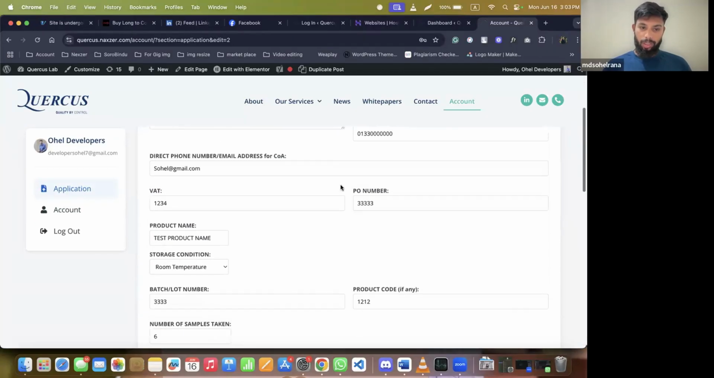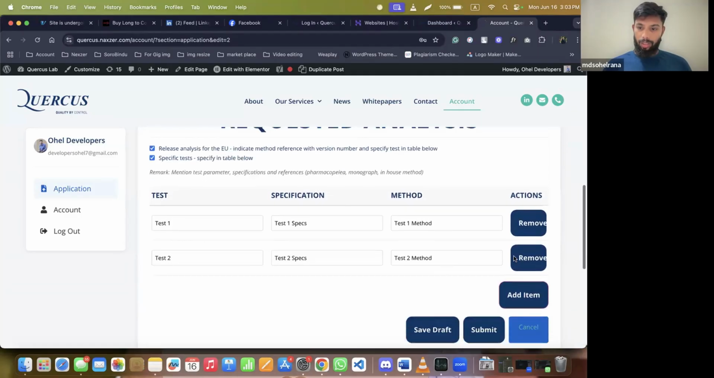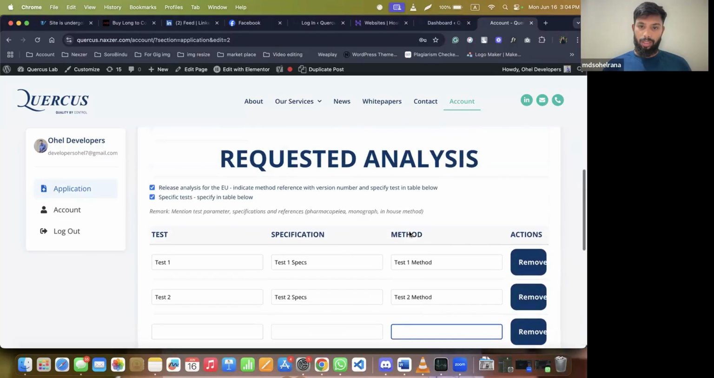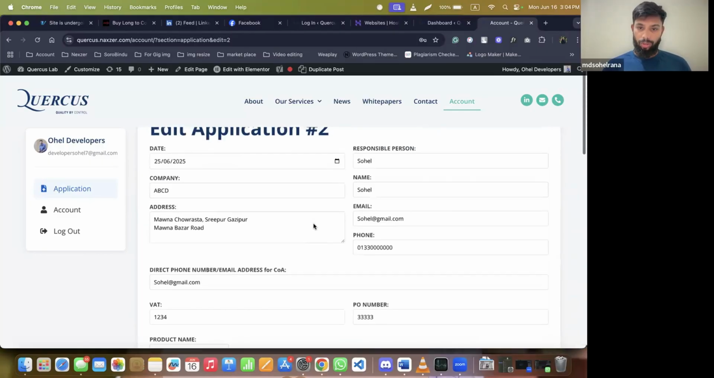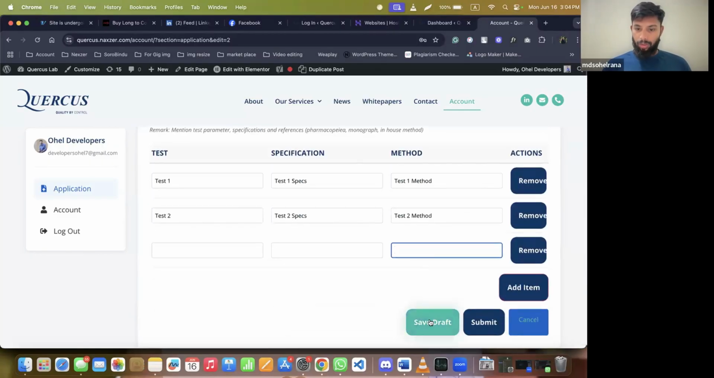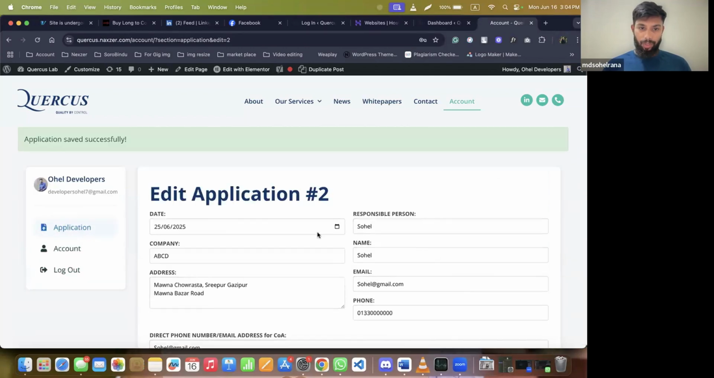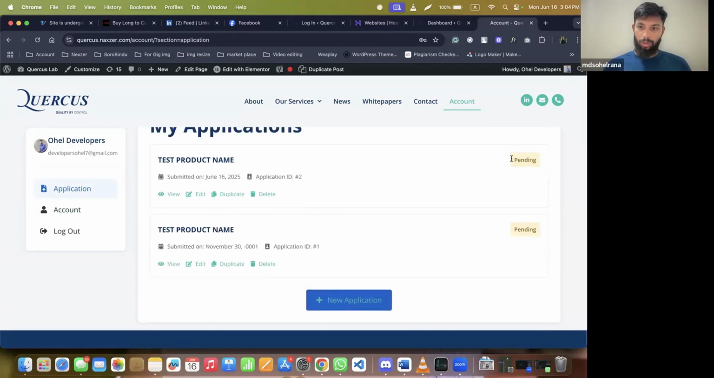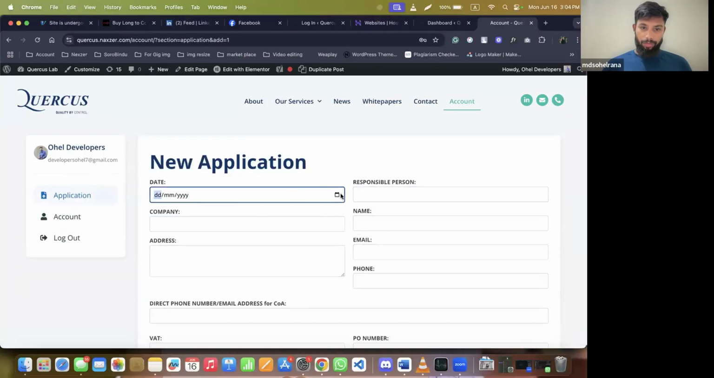Here is all the data, and here, like before, the user can add the text. Here is the information, and here we can save as a draft, or submit. Let's submit it. And if I go to all applications, you can see that it is not a draft anymore. And if I make another one,